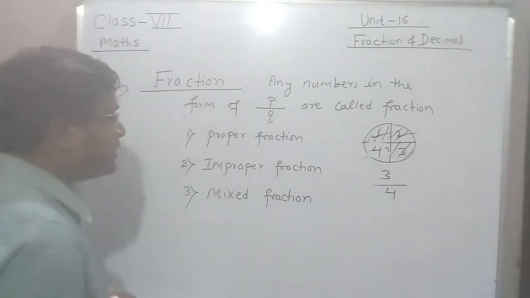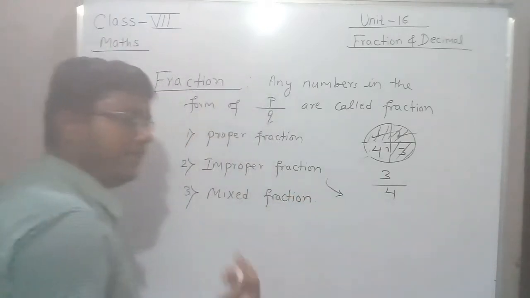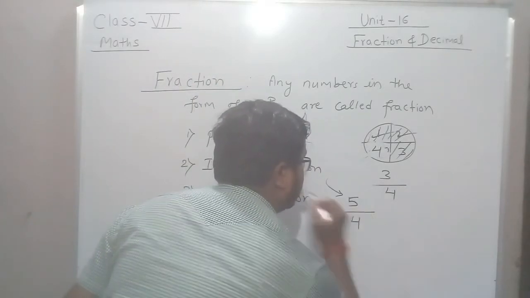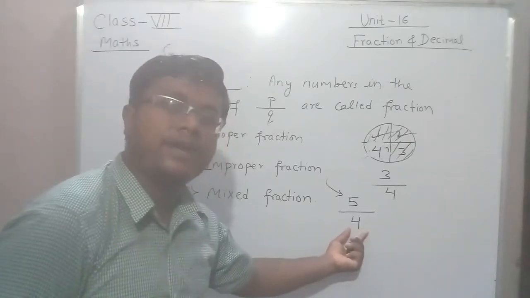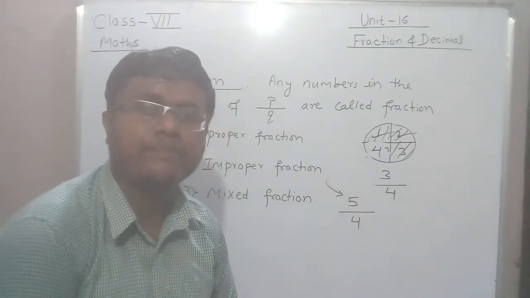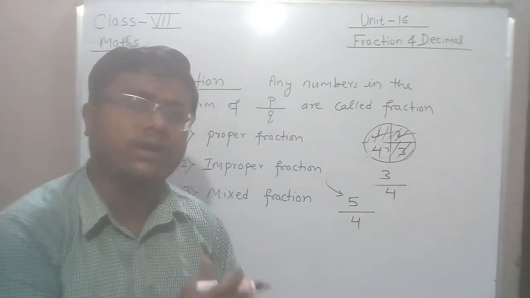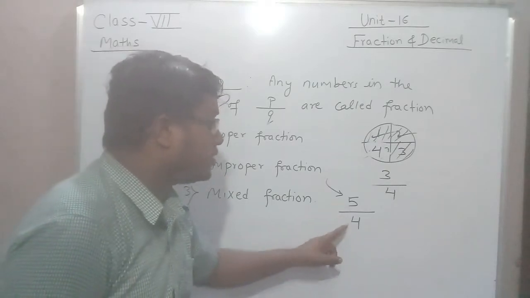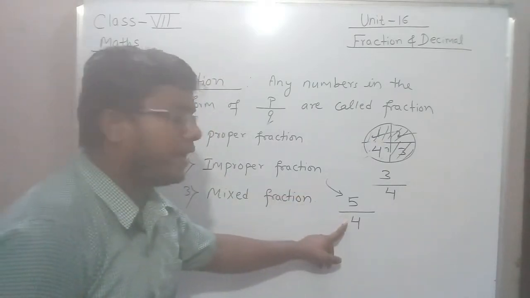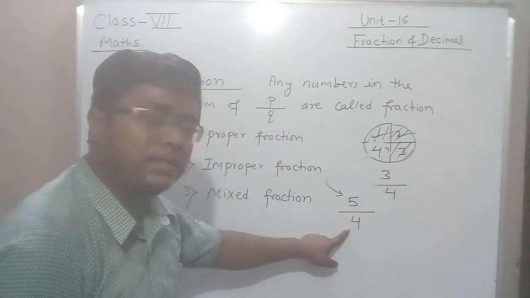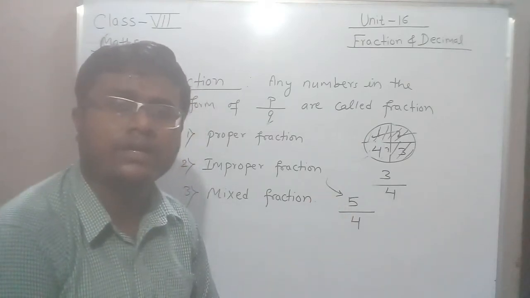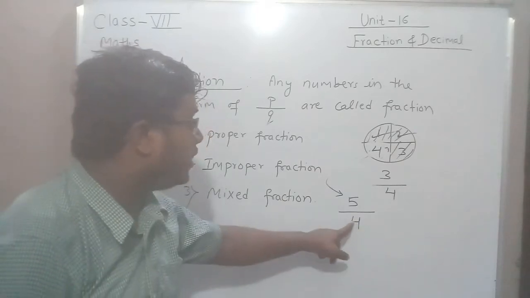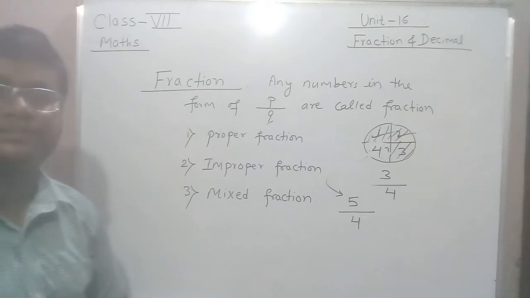Okay, next example: if I say there are 4 parts and you have eaten 5. 4 भाग छ तर 4 भागबाट तिमीले 5 भाग खायौ भने मिल्छ. यो अलि नसुहाउँदो कुरा भयो, but this is in the form of p by q. This is your numerator, this is your denominator. Okay, so this is your fraction. तर 4 भागबाट 5 भाग खान मिल्दैन. ओके, यो अलि सुहाउँदो कुरा भएन. सो यसलाई के सम्झिने त, improper. This is your improper fraction.